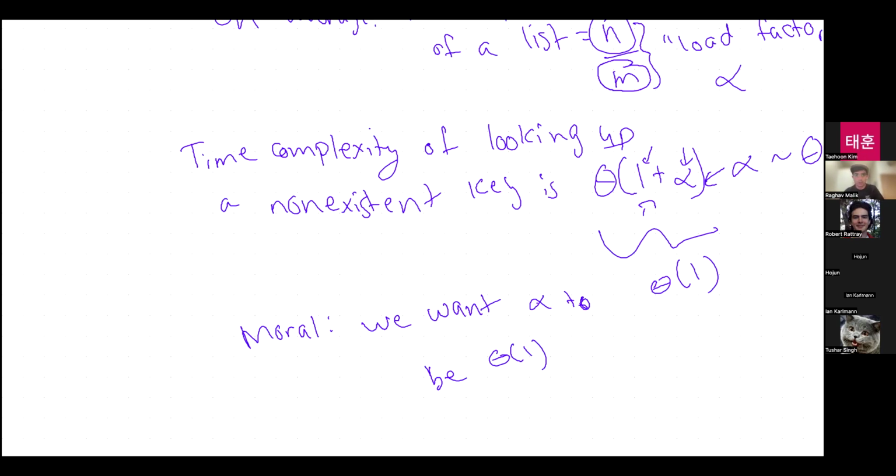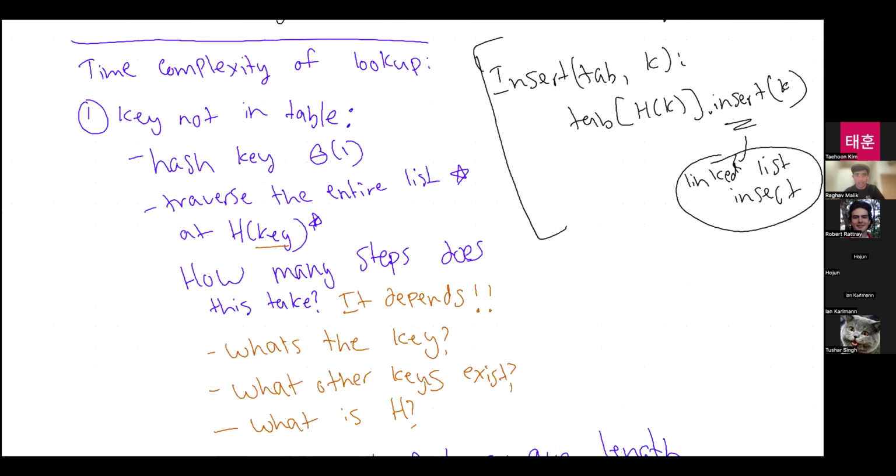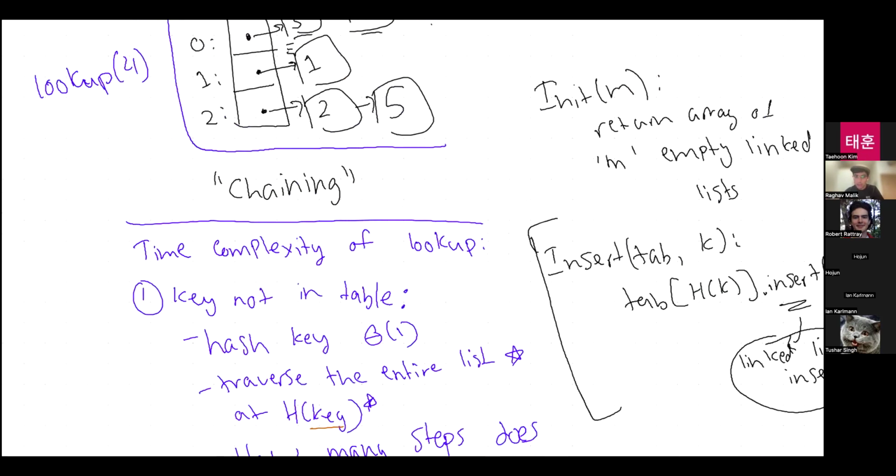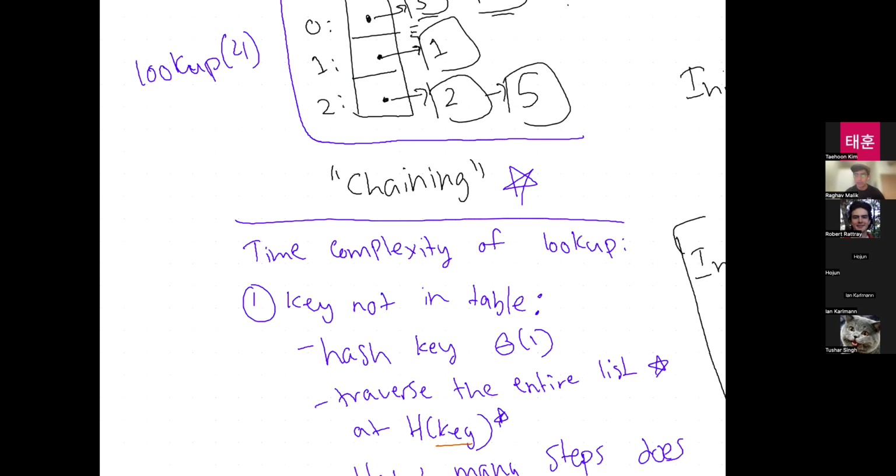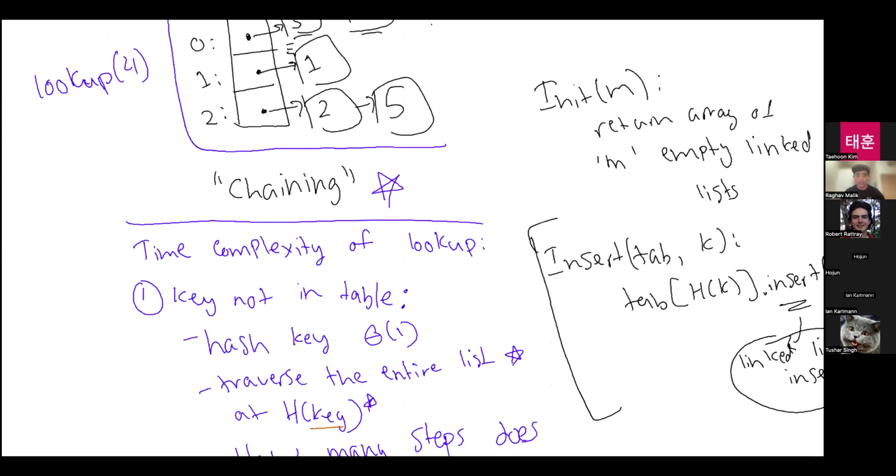This is collision resolution through chaining. I think this is pretty straightforward. It's the easiest collision resolution method to understand, which is good because the other ones we're going to talk about are a little bit more interesting and often perform better. But before I move on, does chaining make sense to people? Are there any questions?